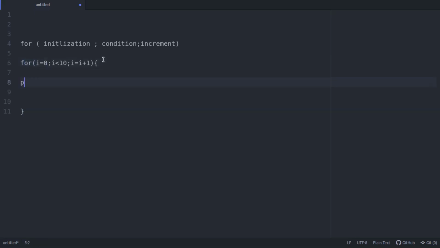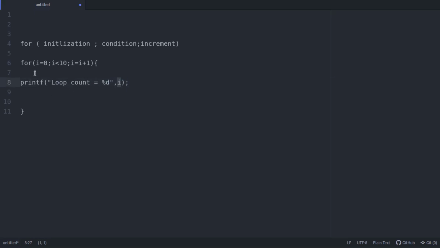Let us say I use printf. I want to print the loop counter itself. The loop count is equal to, I will say, print the value of i. So what I'm doing is printing the statement "loop count is equal to %d", indicating I'm printing an integer. What is the integer I'm printing? I'm printing the value i, which is basically the loop counter.